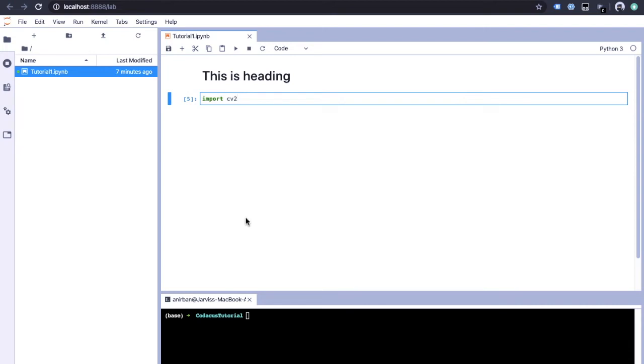Okay, so we have OpenCV installed and everything is ready. Now let's do a quick camera check. We import OpenCV and then we have to create a camera element. So to create a camera element, I'm going to do it inside a new cell